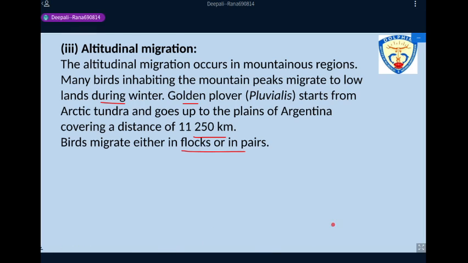So you must have seen the video and you have seen that the migration of birds is carried out in certain birds, and this is done in flocks. So can anyone tell me why this is done in flocks and why birds show this type of formation when they are migrating? Any one of you? There must exist some reason for this kind of formation during the process of migration.